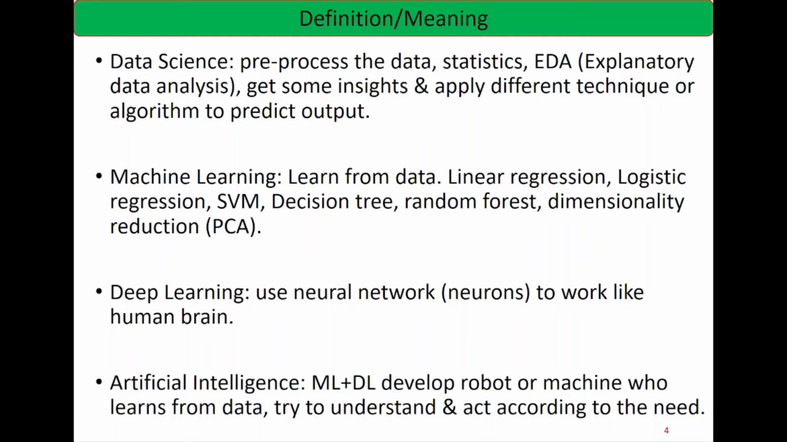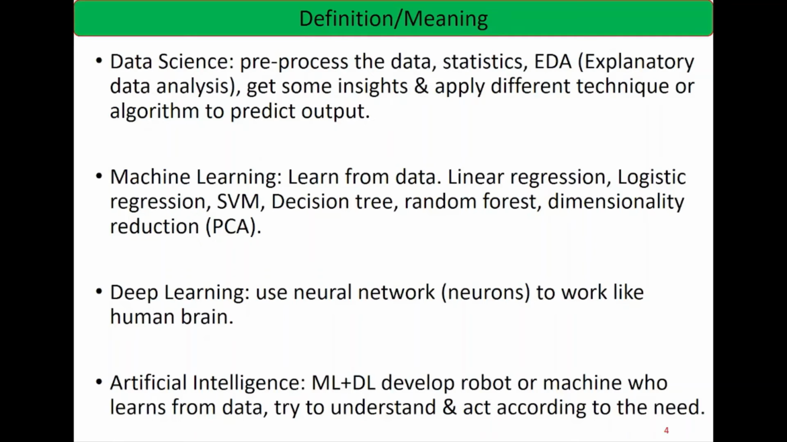Now is the deep learning. Deep learning is basically the use of neural networks, meaning neurons. It works like a human. I will show in the next slides how the neural networks look and why it is called as it works like a human brain. All the neurons or all the neural network are connected to each other, and it will give some output